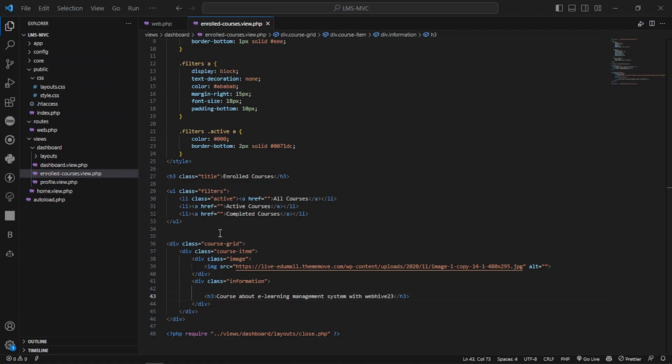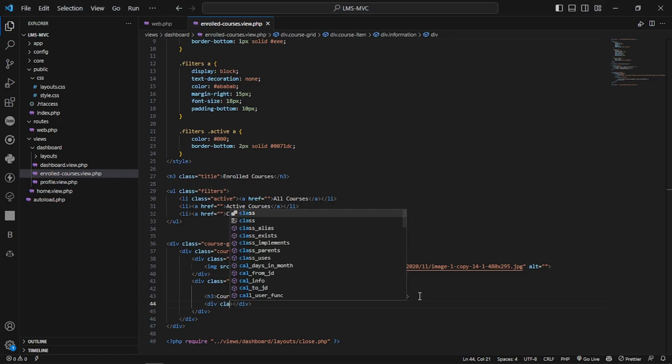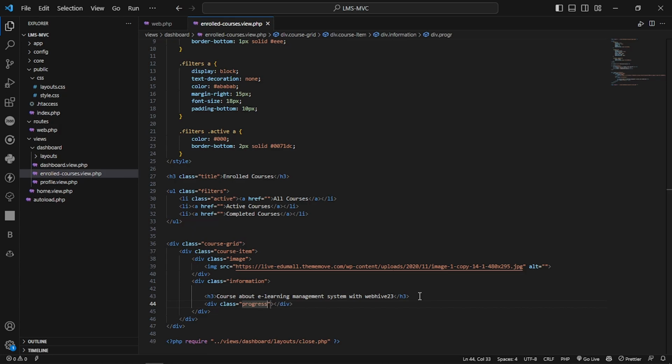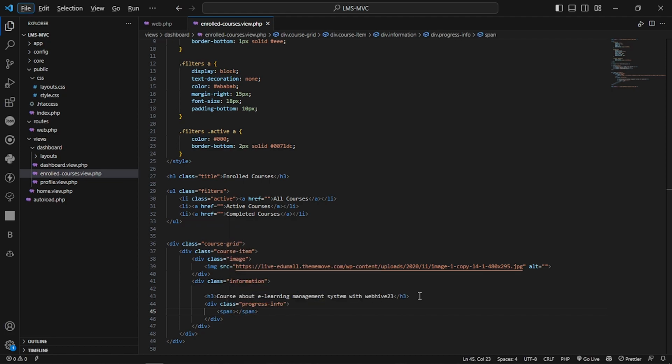Okay, next we need a div that will contain the total lessons and completed lessons. So we make a class progress info. And inside the progress info we have a div, for example, or just one, and we can have a span, and inside the span we make total lessons to 5, and completed lessons to 5 per 5. Okay, that is first,